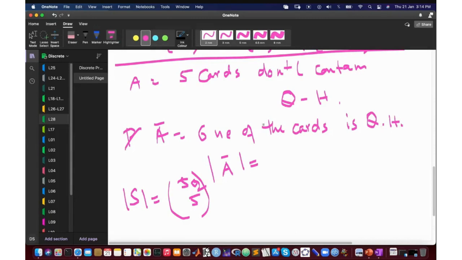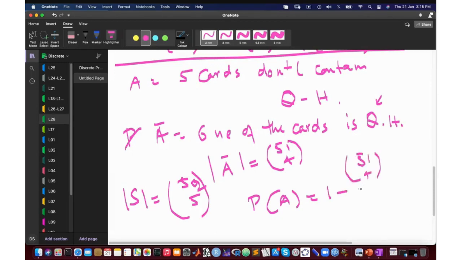We are computing A. So A complement says that one of the cards is Queen of Hearts. So great, one of the cards is fixed now. You are left with 4 cards, so it should be 51 choose 4. So you pick 51 choose 4, and that should be the size of A complement. I think this is what it should be. So the probability of A would be 1 minus the probability of 51 choose 4 divided by 52 choose